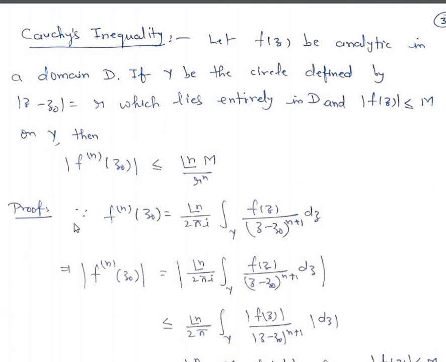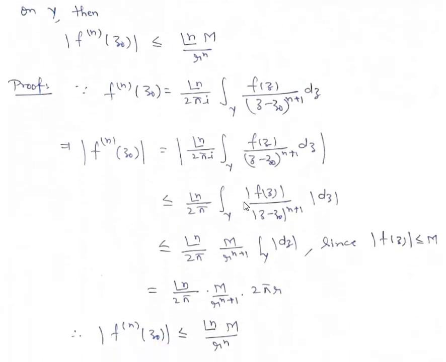So the proof is based on this formula which we have proved earlier. fⁿ(z₀) is factorial n upon 2πi integral over Γ f(z) upon (z minus z₀) raised to the power n plus 1 dz. Take modulus on both sides. Now this is less than or equal to factorial n upon 2π, modulus of i is 1, then integral over Γ mod f(z) mod dz upon mod of (z minus z₀) to the power n plus 1, which is less than or equal to